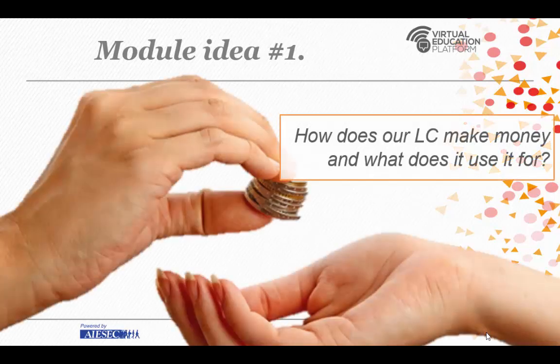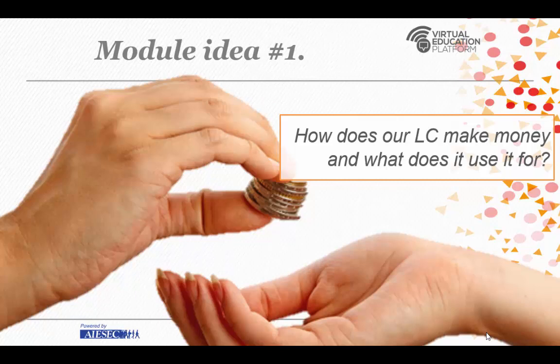So my idea was to ask the LCM what their ideas are regarding where the money for your LC comes from and where it is going to. You can just ask the people who are there at your LCM what they think, where the money is coming from, what general ideas they have. And in the next question, you can ask them, what do we use the money for? Do we just keep it in our account, or do we have some purposes which we spend it on? And are there things we have to spend it on? Are there investment decisions which can vary from term to term? And just gather the ideas of the LC.